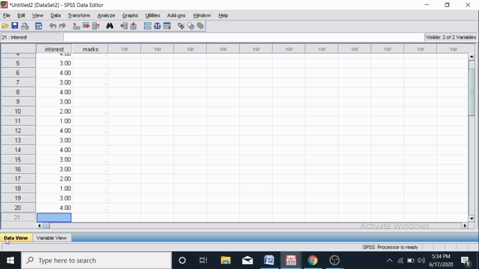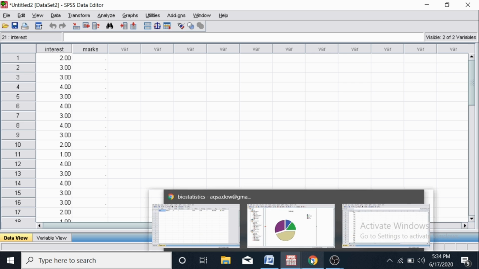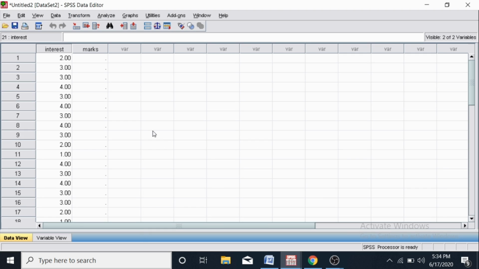Now let's jump to the data view, and we are going to enter the marks according to the information given in the particular file. Now let's jump to our SPSS.